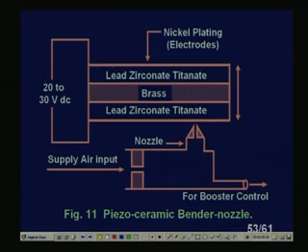DC, which is applied. As you know, the piezoelectric system is a reversible system. If you apply pressure, I will get a voltage. If you apply a voltage, I will get a change in pressure. Since it is lead zirconate and brass we are using, it will try to bend, and these bends will be sensed by this lead zirconate and brass, and this will work as a flapper at that time, and it will come either close to the nozzle or